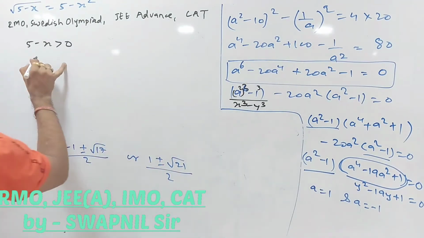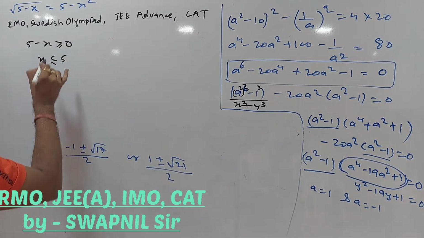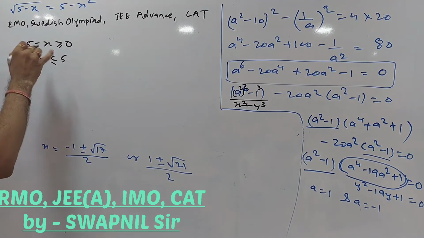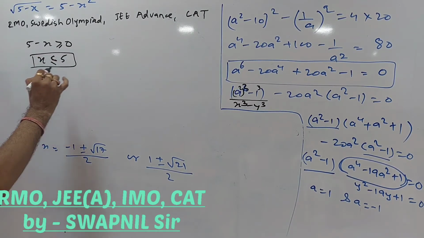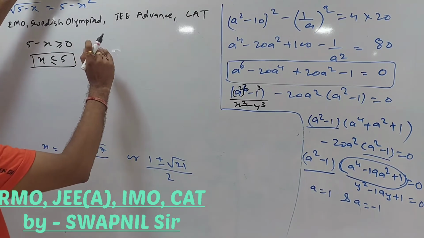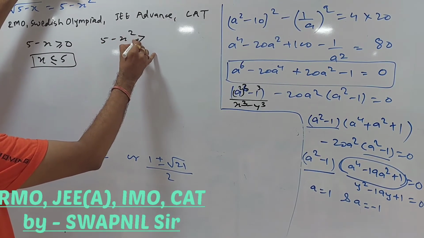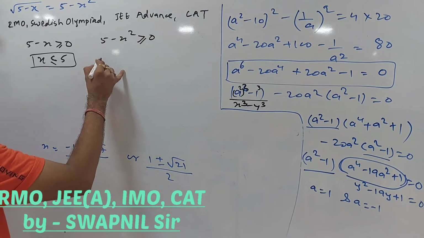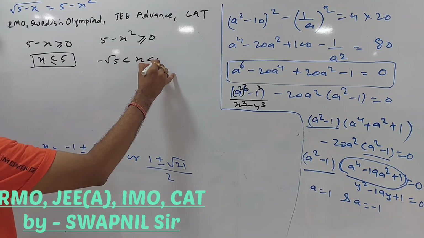So that gives you x less than 5. In fact, I can write it as less than or equal to, because it is possible that the under root value will be 0. So x is less than or equal to 5. That is something I need to focus on. And here I go, 5 minus x square should be positive, or I can say equal to 0. So when you work it out, it gives you x between minus root 5 and plus root 5.